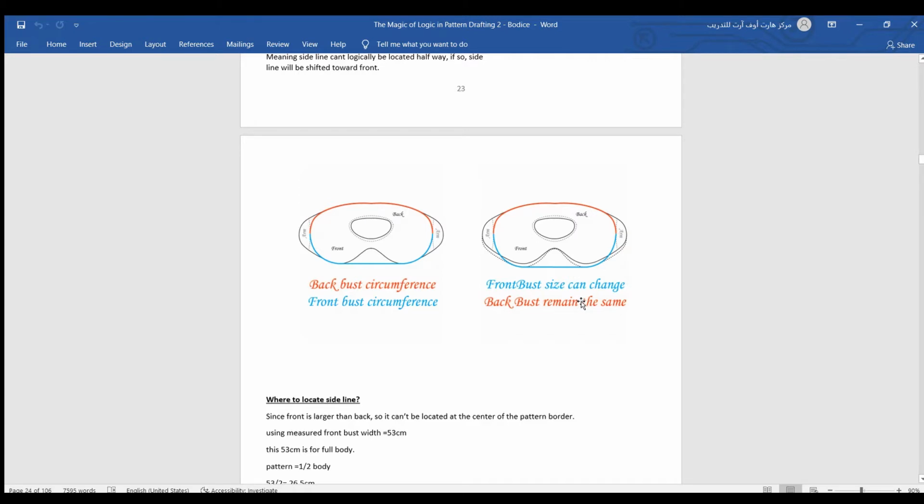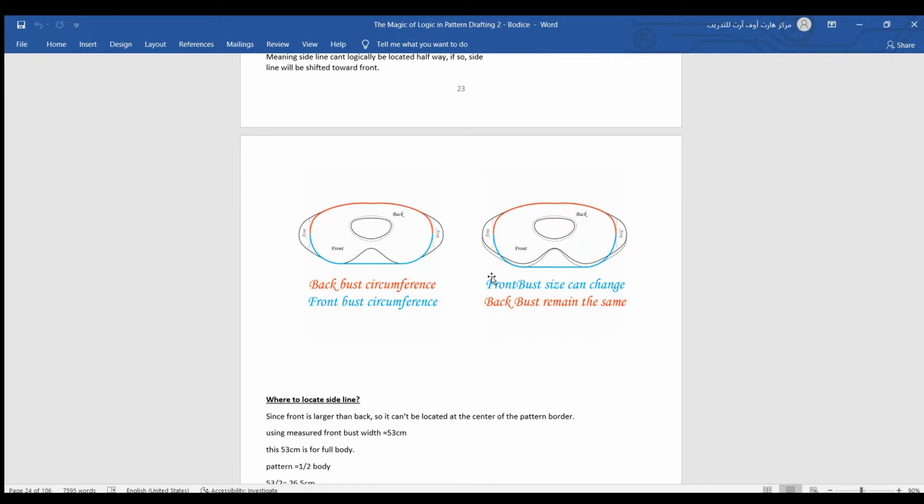So obviously you can't say that the back is equal to the front. That's why I can't take the pattern size and divide it by half to get a front and back, because logically the front is not the same size as the back. There is a bulk of tissue in the front. If you remember my previous video on the skirt, when we had to place the sideline, it was the opposite